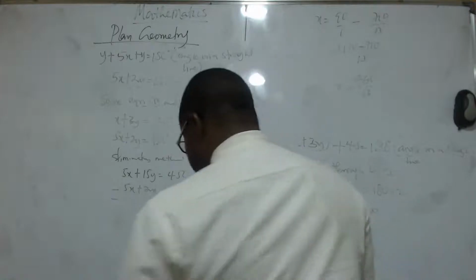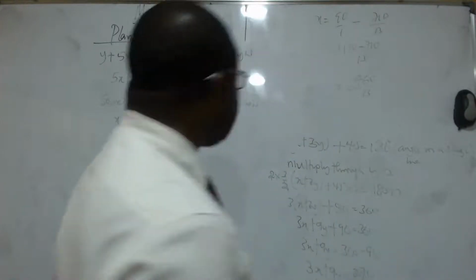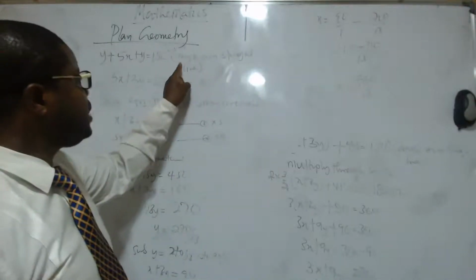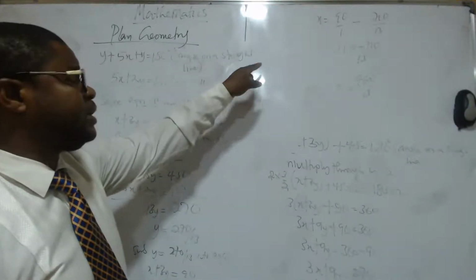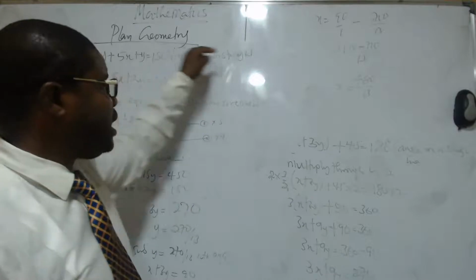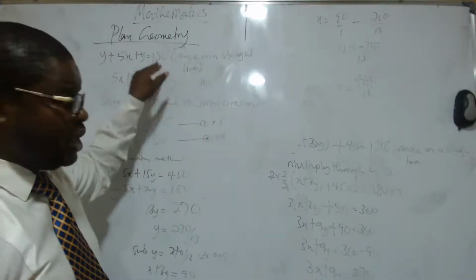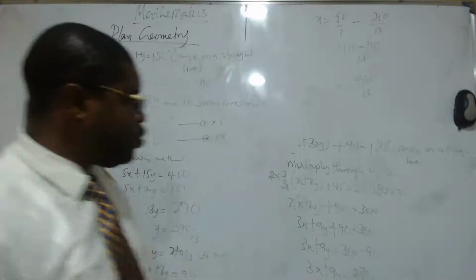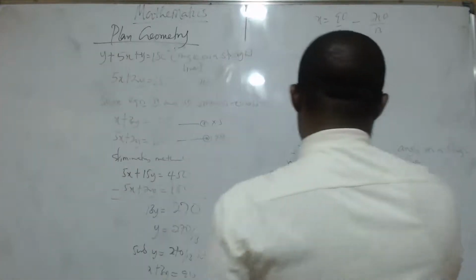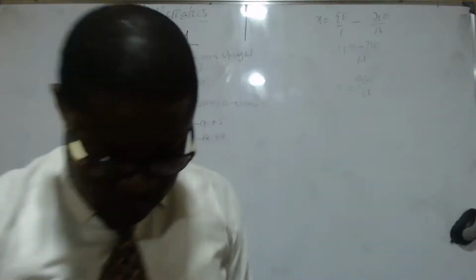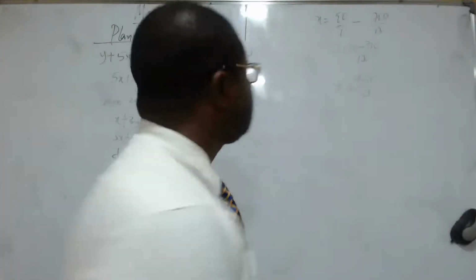Okay, so now the most important thing is, note again, the concept of this line is angle on a straight line. As long as there's a straight line, the value that will come to it is 180. So that will be the answer for X and Y. Okay? The next one,